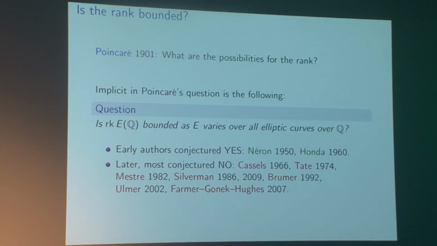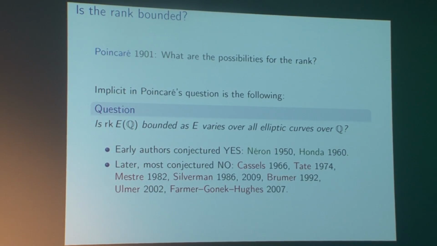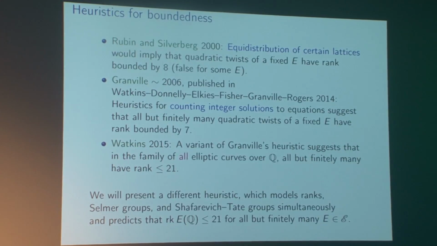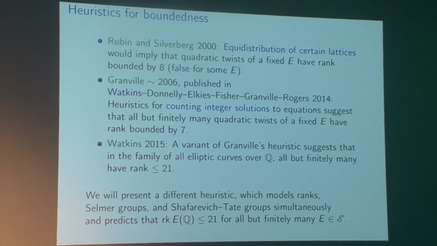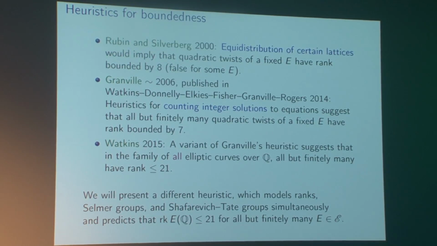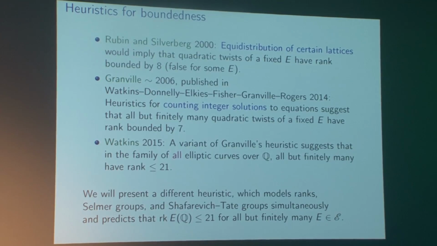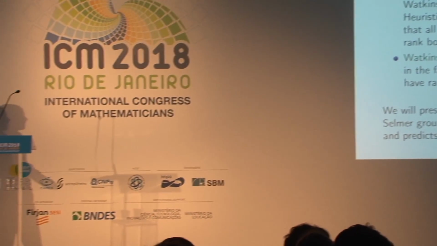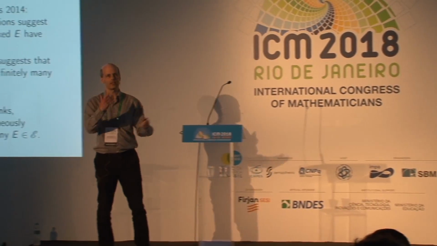And after that, I don't know if they were thinking independently, but anyway, everybody seemed to say that there was a consensus that it should be unbounded. With a few exceptions, there's an article of Rubin and Silverberg where they have some heuristic based on equidistribution of certain lattices, and that would predict, if you believe that, that if you look at a family of quadratic twists,